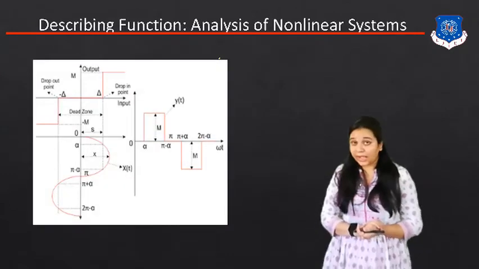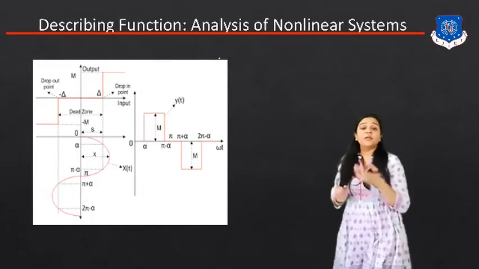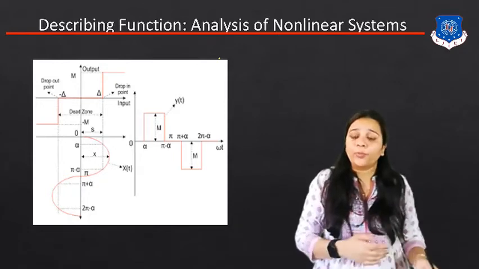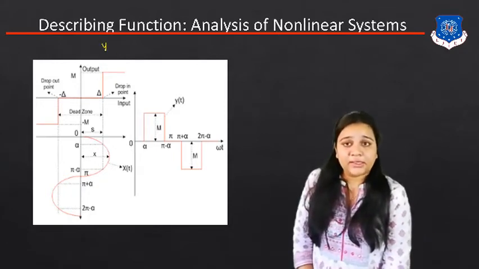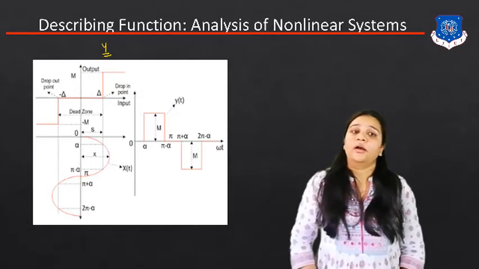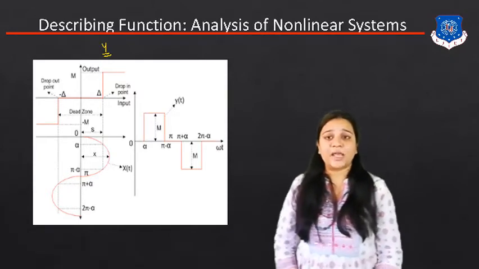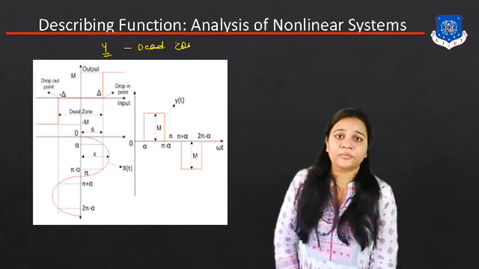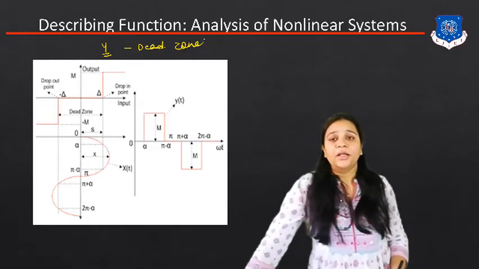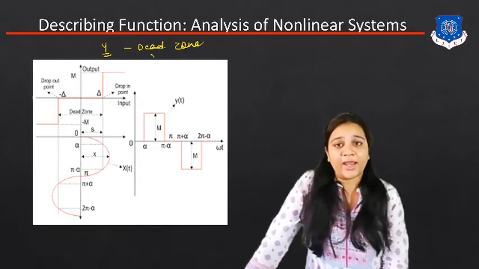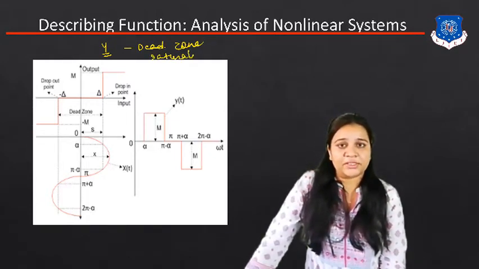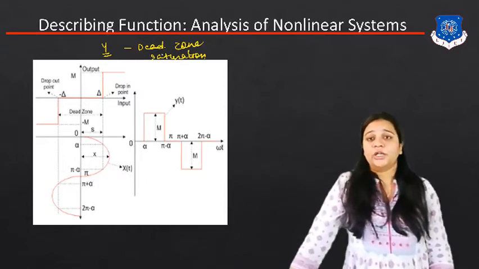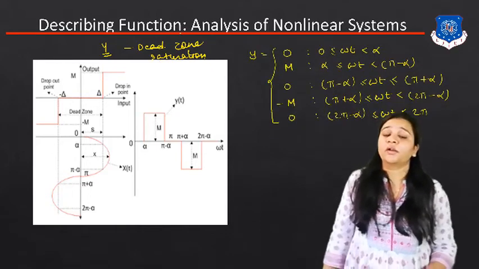And this is the graph for the describing function. If we deal with the different components that are used for the output equation y, we can get this type of graph for the nonlinear system. This is the describing function for the dead zone, and the second describing function, for which we have to derive the equation of y, is for the saturation region. So this describing function graph is for the dead zone. So here you can see that they give different conditions for y.